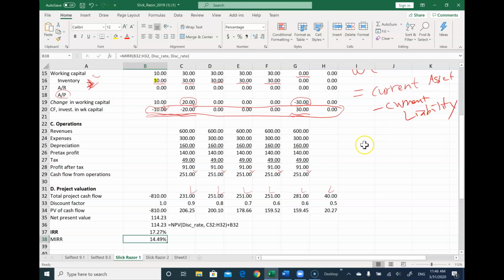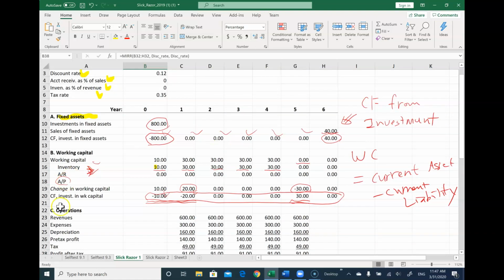Okay, so that's the analysis of the slick blade